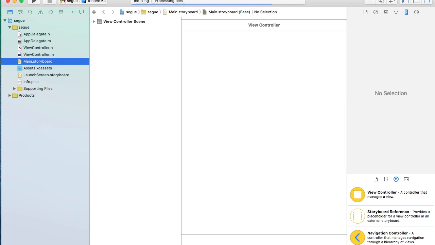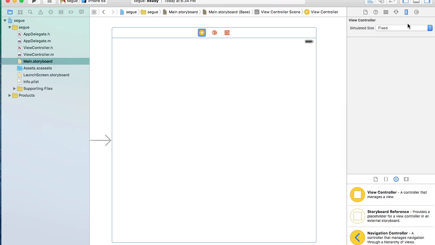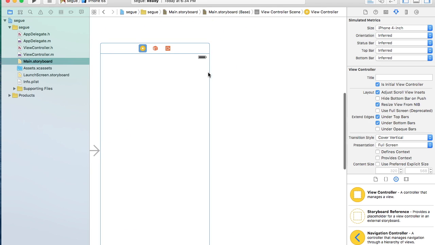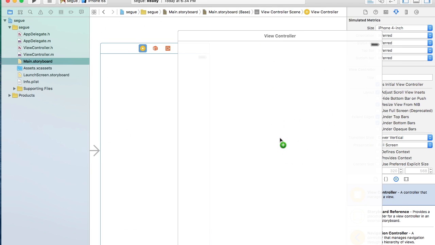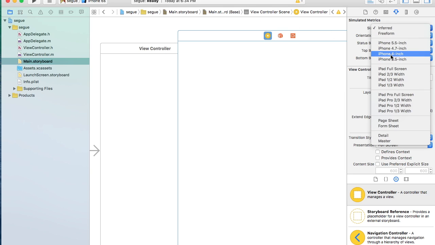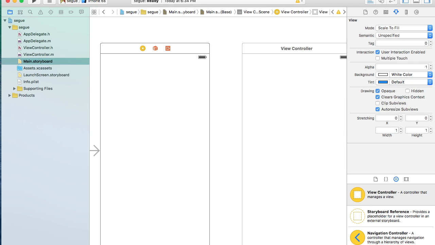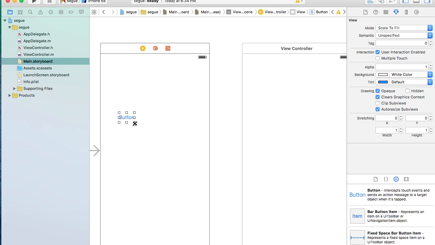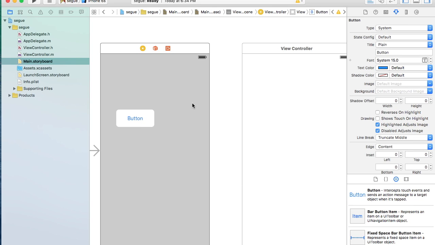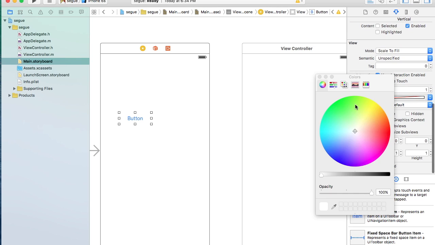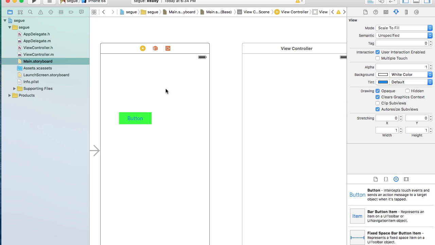This is our view controller. Let's make it a smaller size, 4 inches. This is a view controller, and then we want another view controller now. Make another size 4 inches. Okay, so we have two view controllers now, and on this one let's add a button to it. So we added a button to it now. Let's have the button as a black color. And let's name it